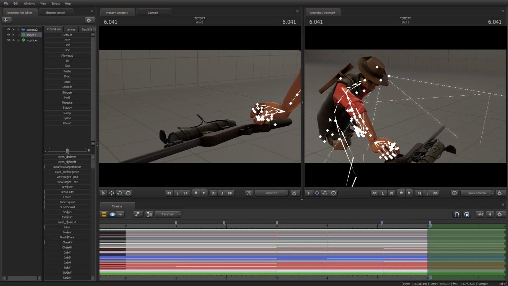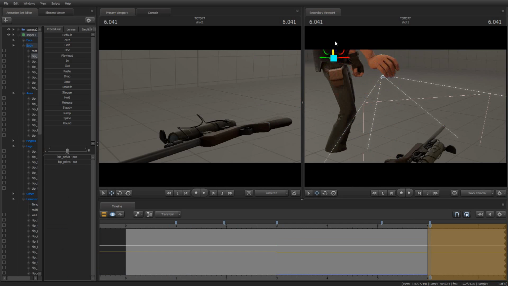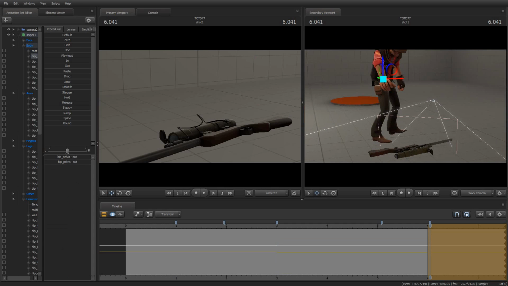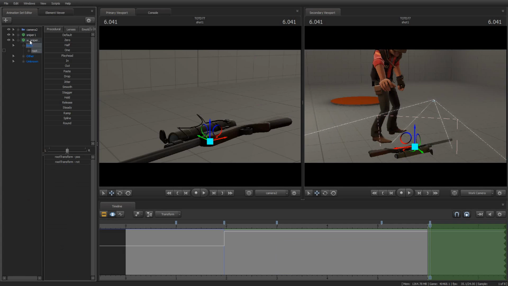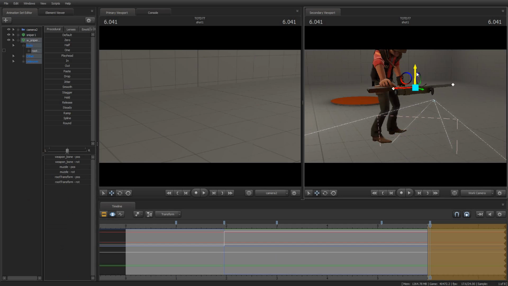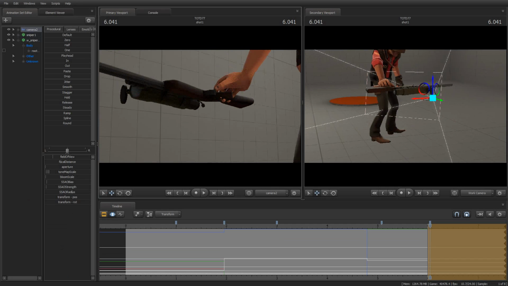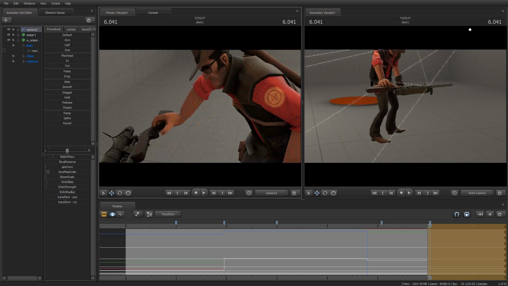Let's see. There we go. That'll be a little easier. Just drag him upward, move the work camera out, and then we're going to grab the rifle. Where's the sniper rifle? There it is, the sniper rifle. We're going to drag it up, and we're going to need to move the camera up a little bit here so that we're actually seeing him